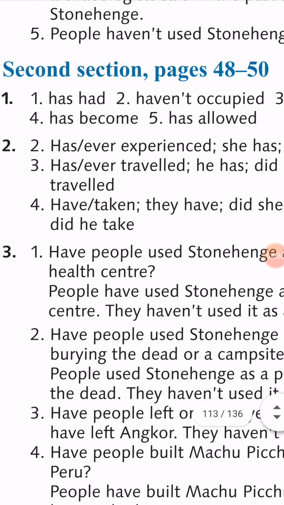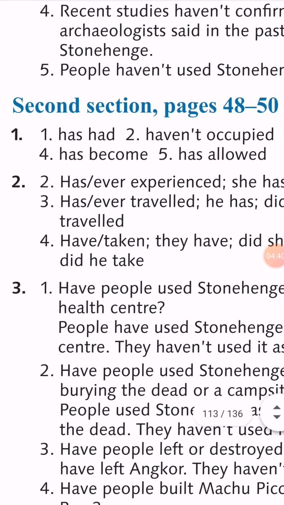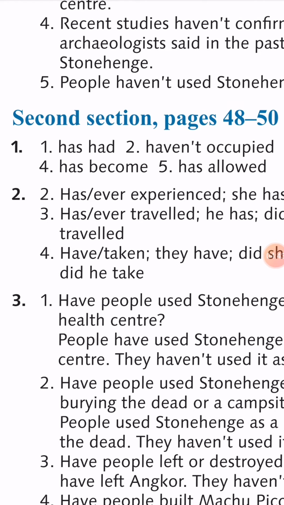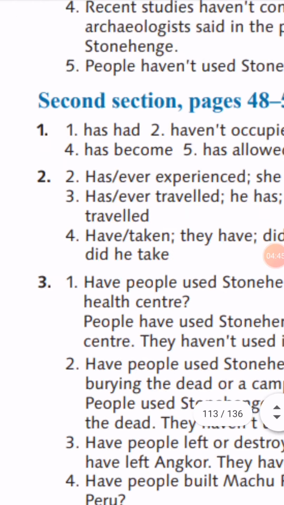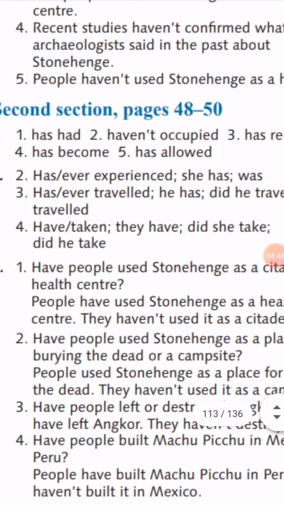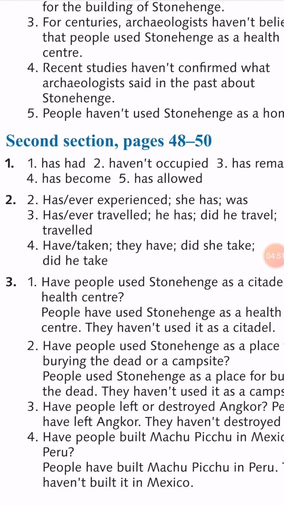Let's move now to the next page, page 49, exercise number 2. Okay, exercise number 2. Follow me, please. In number 2 here, as you see, we have to write the questions with ever and their answers. Ever here is a keyword for present perfect, with questions only. Okay, so use the present perfect simple or the past simple according to the given keyword. بناء على مفتاح الحل اللي عندك انت لازم تستخدم present perfect or simple past.